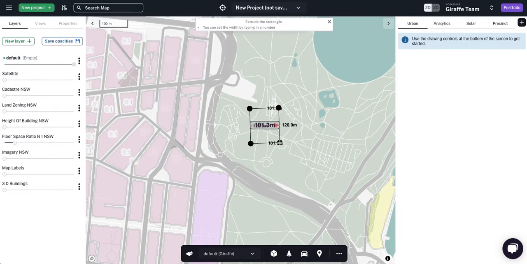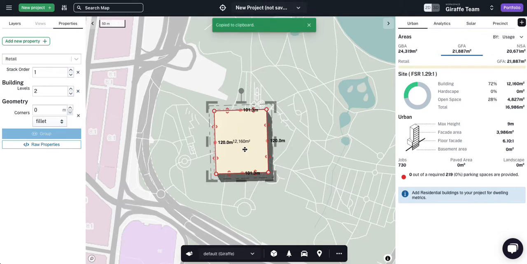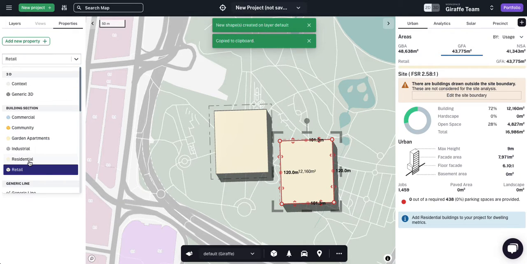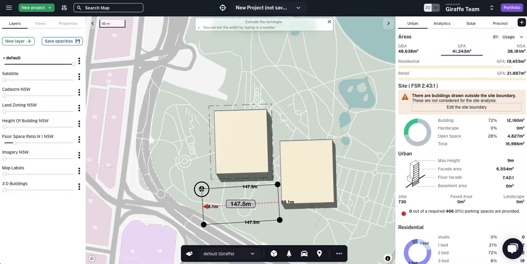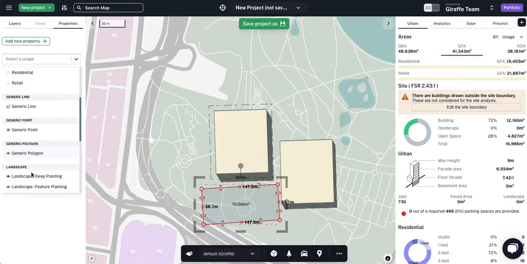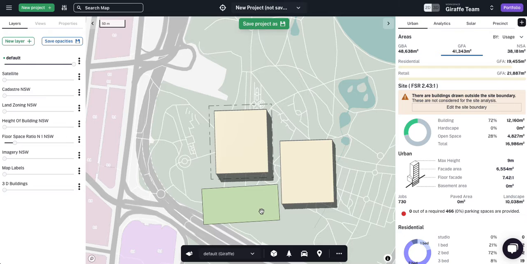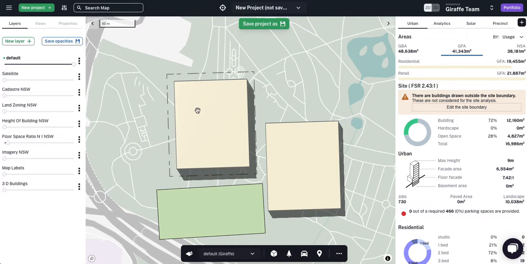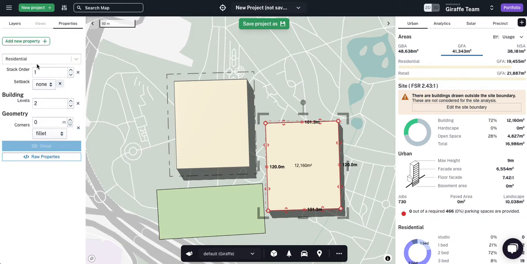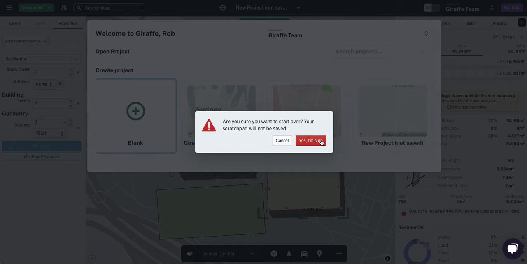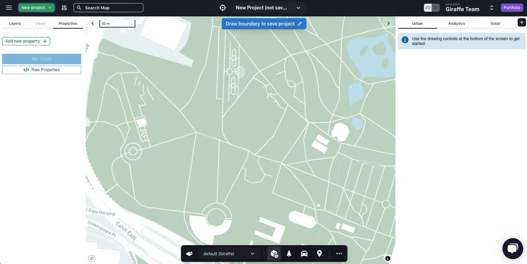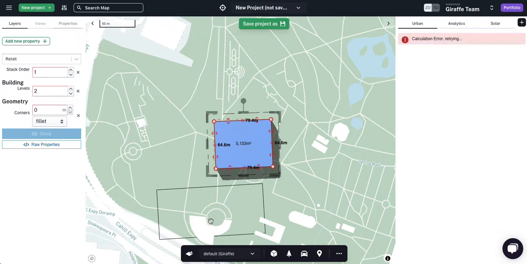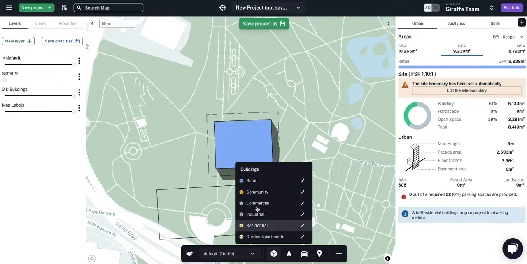So in the graphic template, say my graphics department has gone for this kind of faded back view that if I create a plan, not only does it happen on a blank background, and not only do I get the layers that are relevant to me here, but also the appearance of my geometries is different. So look, this is a retail and that is residential. And if I created a new project from the blank canvas and I went to retail, it's the Giraffe defaults, that cheerful blue and this gold